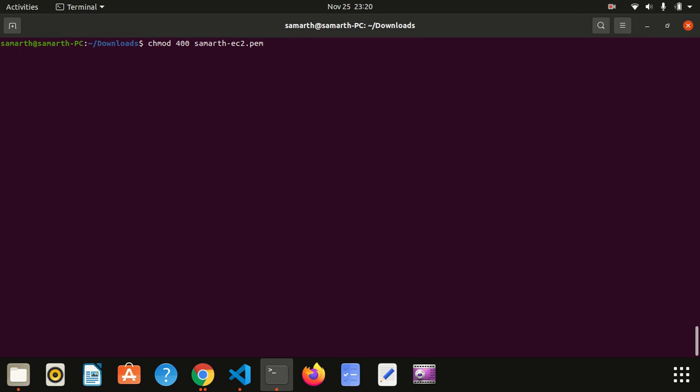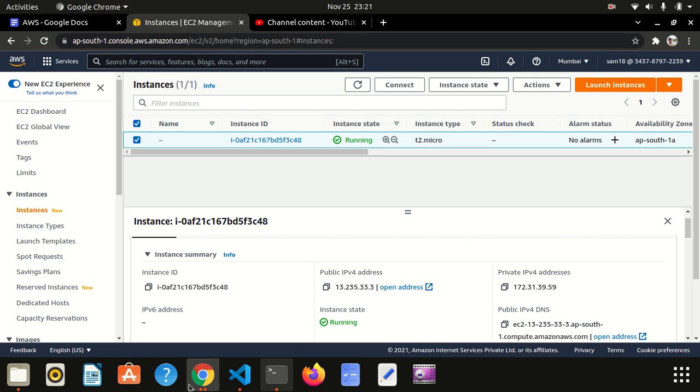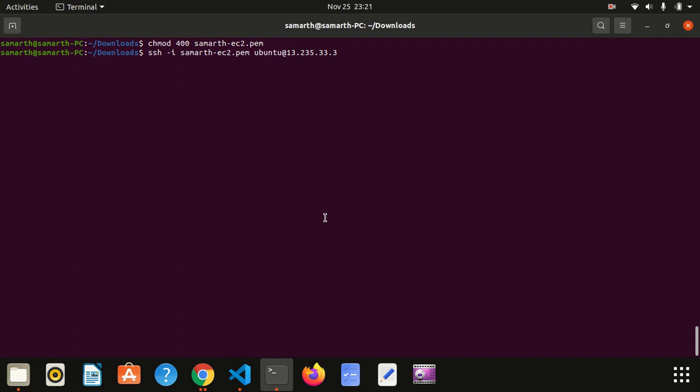This is my file and I'm giving the permission for that. Later you will run this command, that is ssh -i, and you give your file name. My file name is samarth-ec2.pem and my username is ubuntu at, then later you give your public IPv4 address. So I'll copy this address, then I'll paste it here.